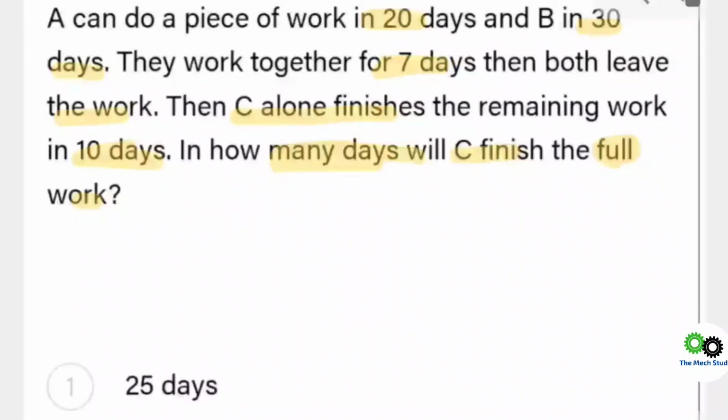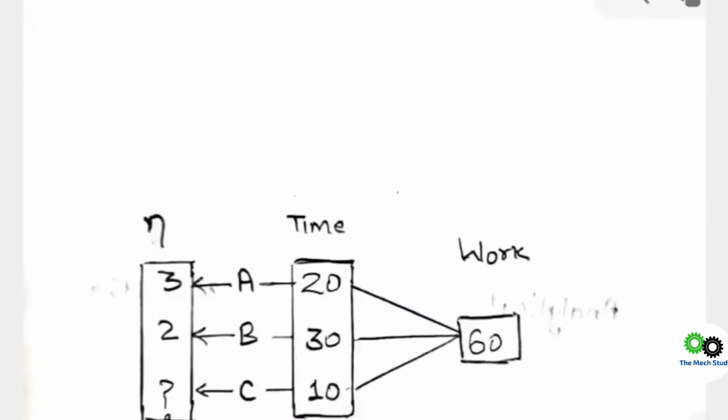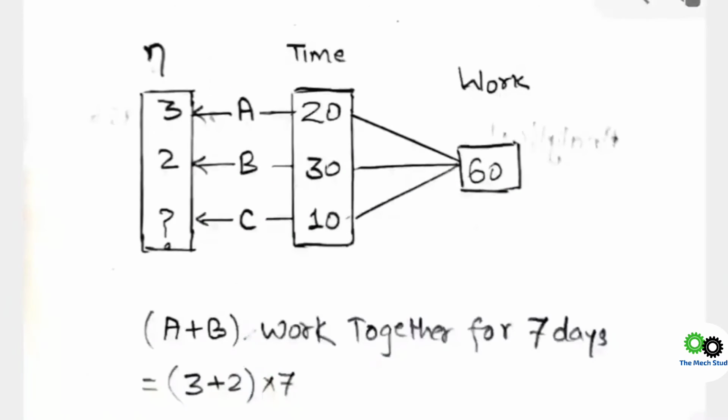So basically what you need to do is, you need to initially make the format which I have mentioned earlier. You need to basically make a pattern of total work, time as well as efficiency. If you have made that particular pattern, then you can solve these questions within a minute. So going ahead with the solution.